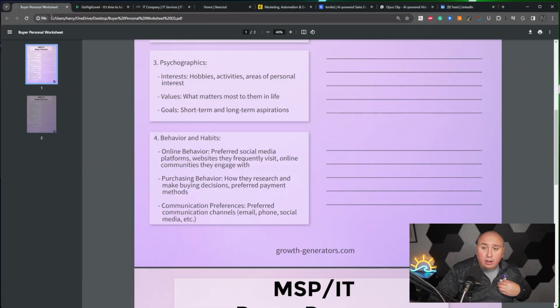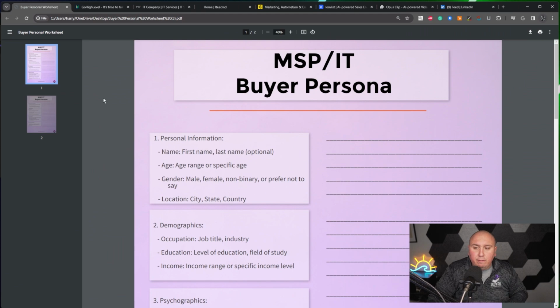Look at how many people are coming in from what channels, from where in my system. If you go out and you get the buyer persona, yes, I get notified that you got the buyer persona. And I'm glad you're taking the first best step in figuring out who your target customer is to grow your MSP. But I get notified about it. And I get to put in these little things called tags, and I get to see exactly who they are and who you are and what you've actually gotten from me.